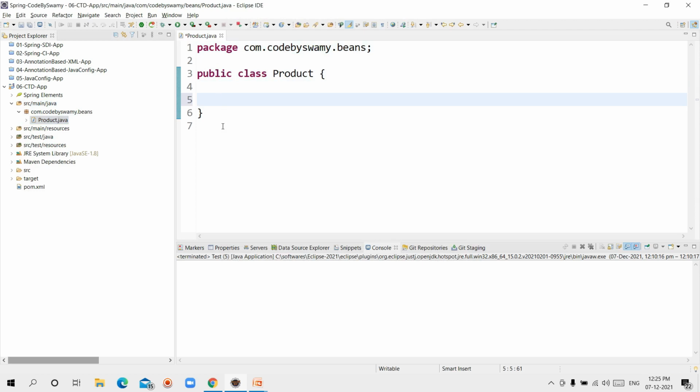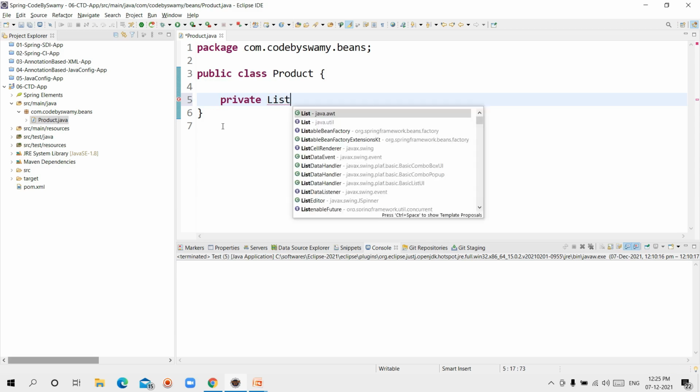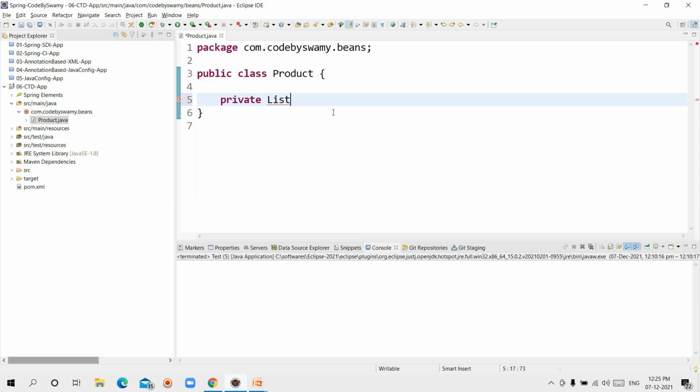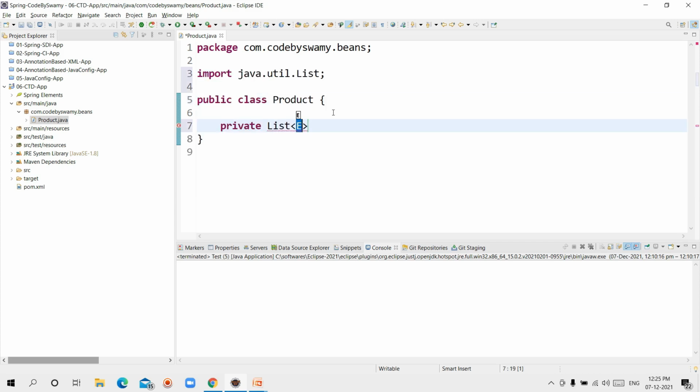I'm adding the properties. This time I'm not adding integer, string like that, but this time I'm adding private List. List is a collection. This comes under the util package. Choose the java.util package only. Choose List.